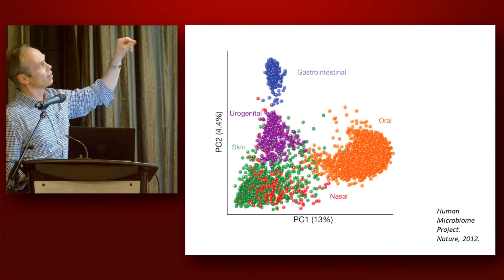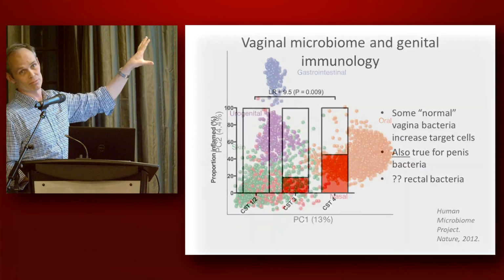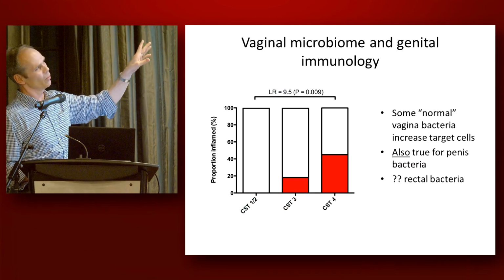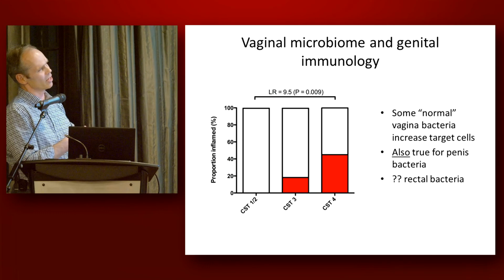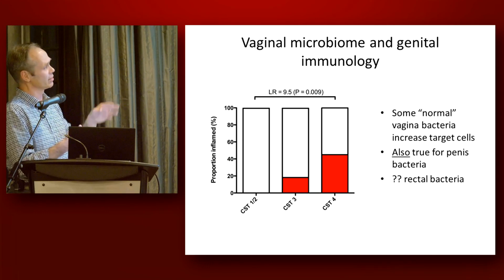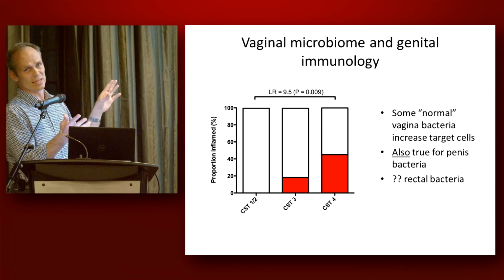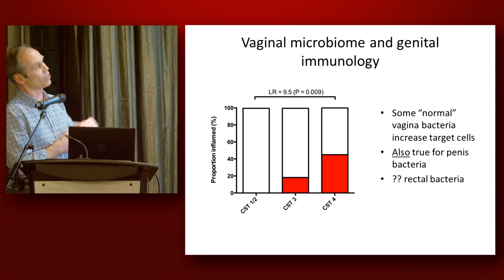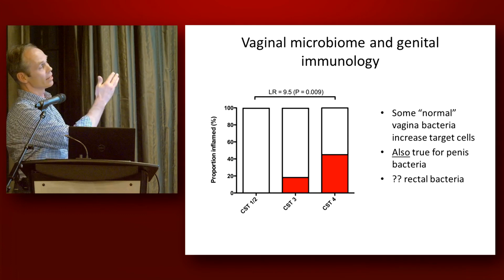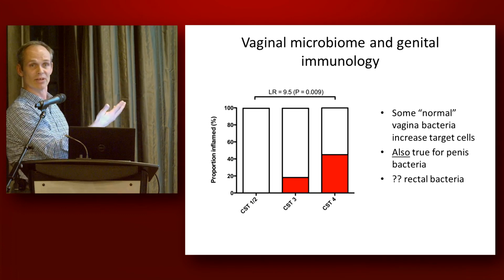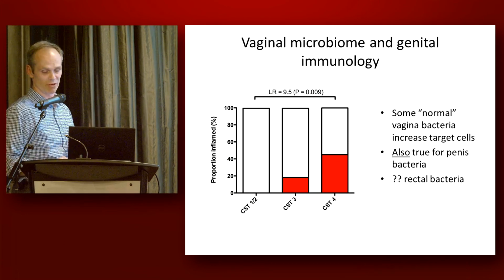Don't pay too much attention to this. All we're saying here is what proportion of people have inflammation. This was a study that was done in women where we divided up the types of bacteria present in the genital tract into 3 groups. This CST just means community state type, so don't pay any attention to what it is. These are the bacteria, no STDs present. This is just the bacteria you normally carry in the genital tract. You can divide them up 3 ways, and the type of bacteria that are present without any symptoms is a very important determinant of whether you have inflammation and more cells that are susceptible to HIV.